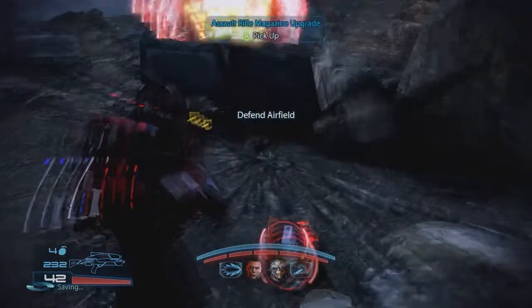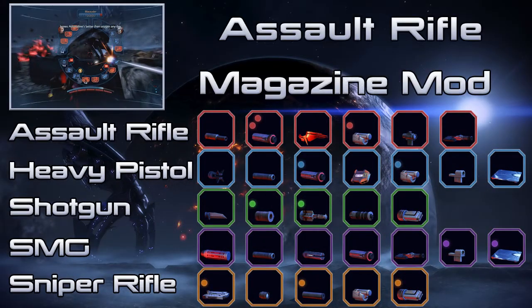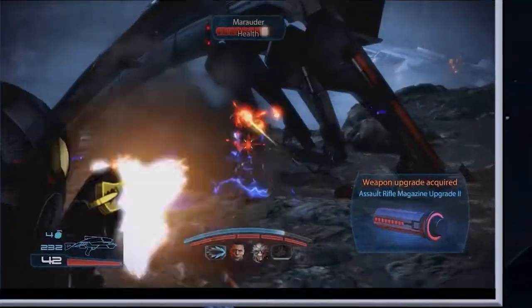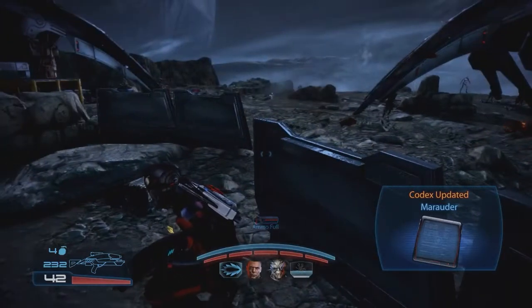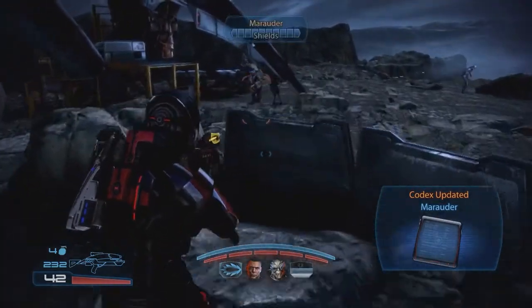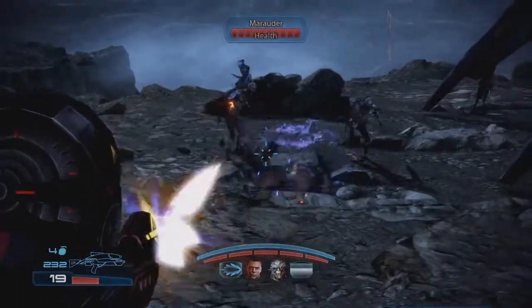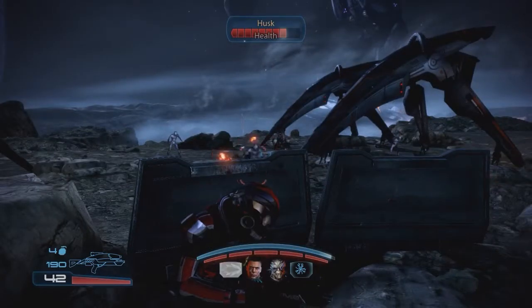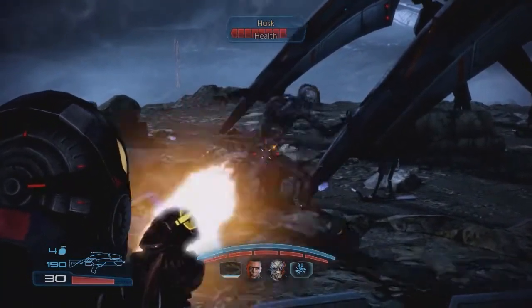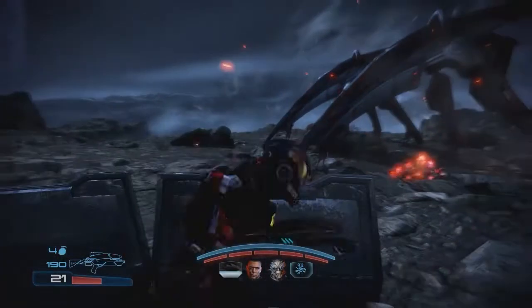So here at this airfield, there's an assault rifle magazine upgrade, which is nice. And time to be introduced to a new class of Reaper. This is a Marauder. They have shields, so we need to overload the shields first, and then rinse through them that way. And you can see they do this weird thing. As you can see, the armor-piercing ammo is not particularly effective against shields, but rapid-fire weapons are. Basically, faster-firing weapons are better against shields, slower-firing weapons are better against armor. Health takes damage from everything pretty equally, so...